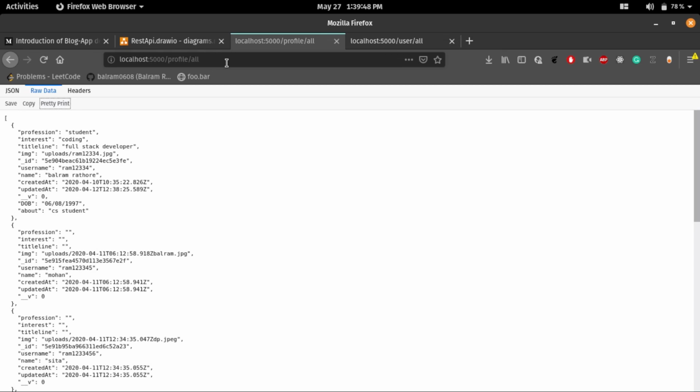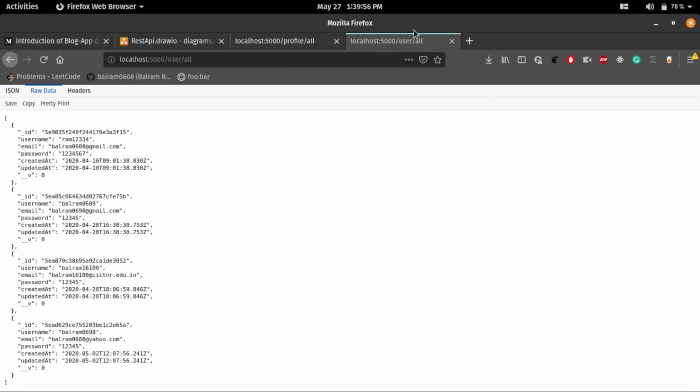It's a REST API for one of my apps, and the second one is the endpoint for fetching all the user details from the database. And I will show that data my way. I can show it in an app or on a website. It's up to me how I show it. So basically this is the basic idea of the REST API.